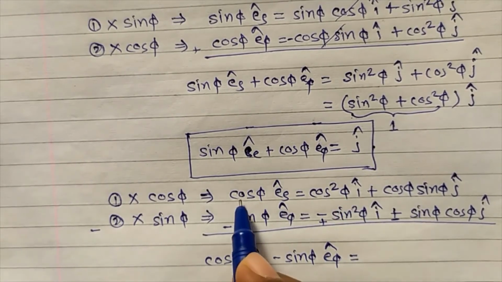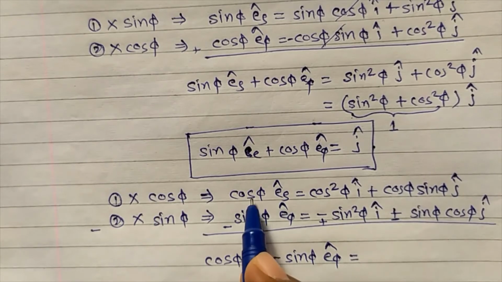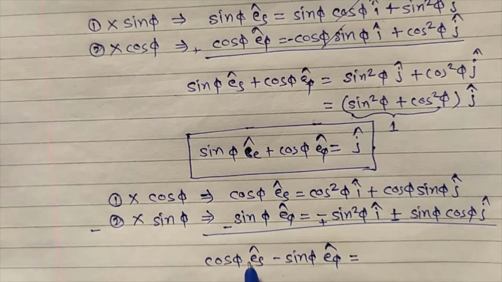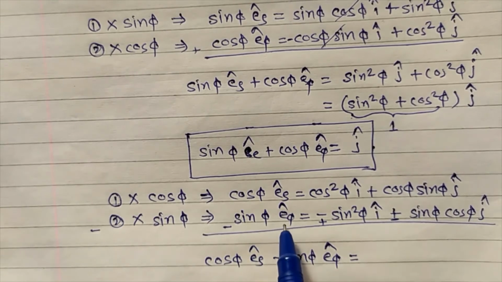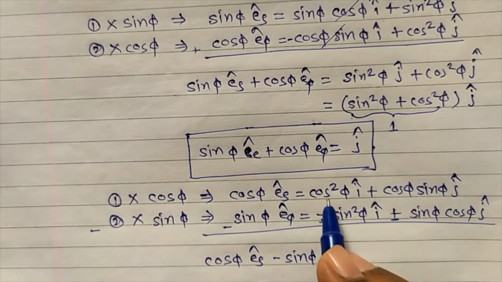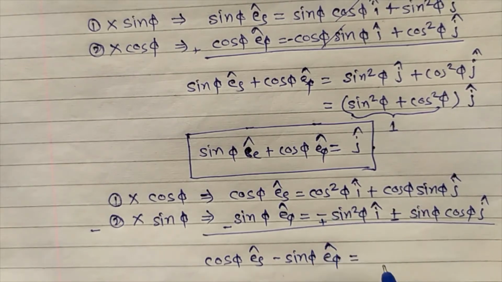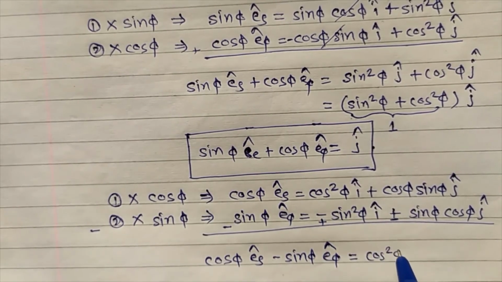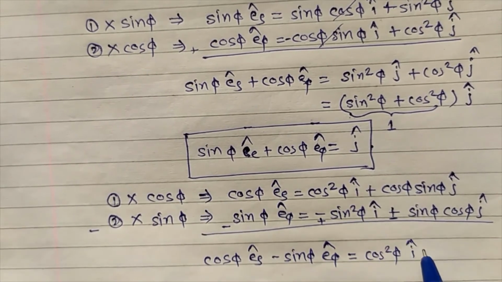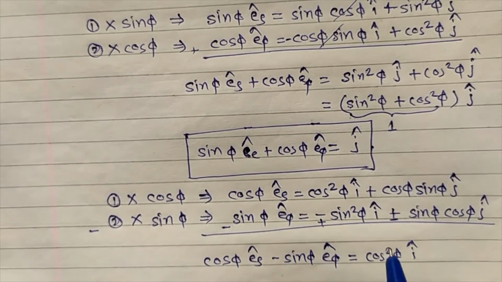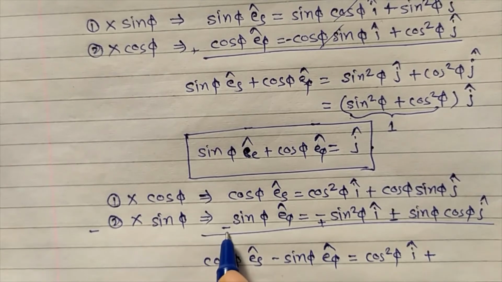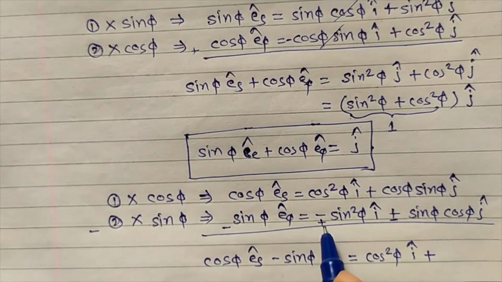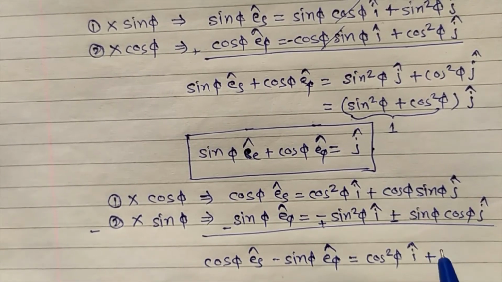What I did here, I subtracted this term from this term, that is cos of phi e rho cap minus, this minus sign is here, then sin of phi e phi cap is equal to, now I am going to add these two terms, that will be cos square phi I cap. Now this plus sign, since we are doing subtraction, the negative sign became positive, cos square I cap plus